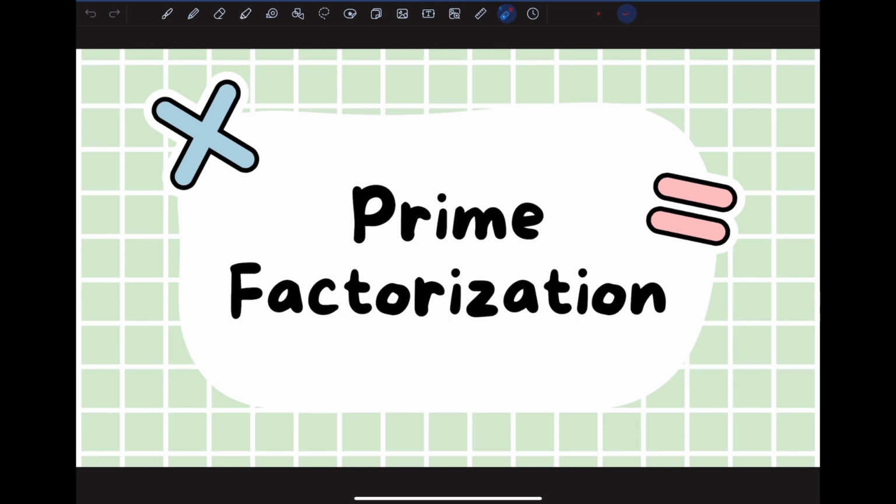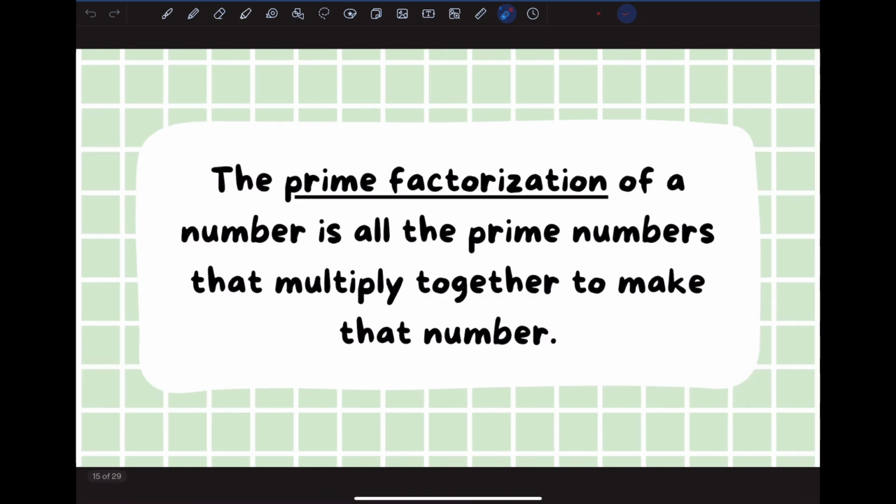Now we'll dive into what prime factorization is and how to do it using simple methods. Basically, the prime factorization of a number is all the prime factors that multiply together to make that number. Okay, so I'm going to give you very basic examples and then I'm going to get on with slightly more difficult